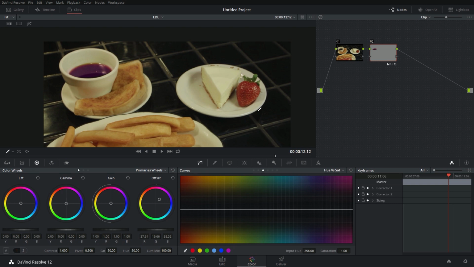Anywho, I hope that helps with some type of tracking situation in Resolve for all of you aspiring color graders